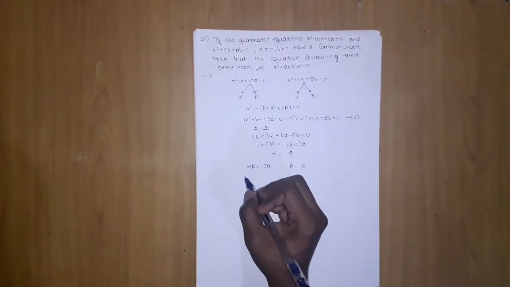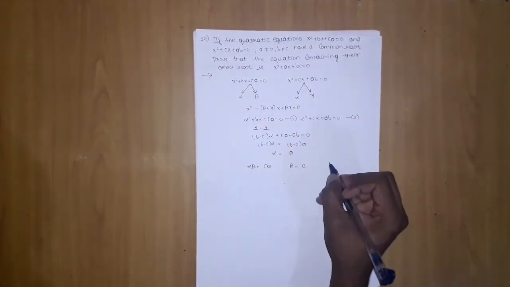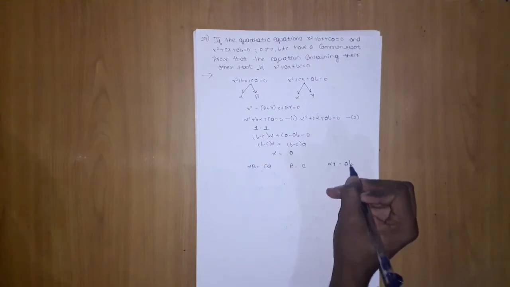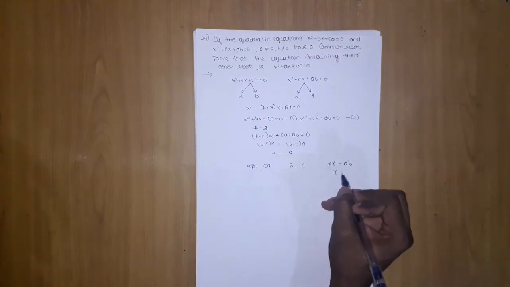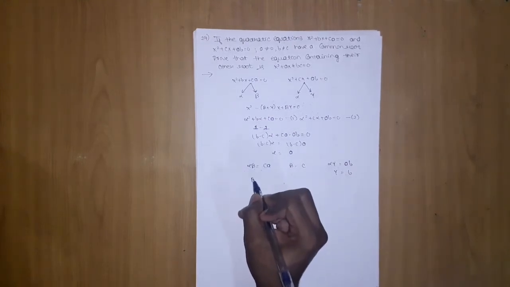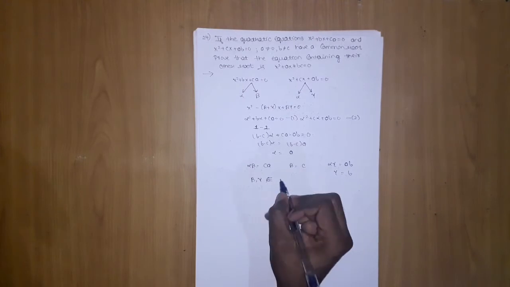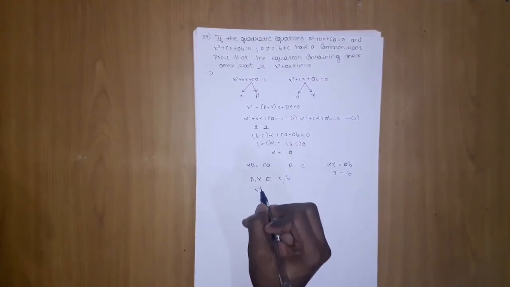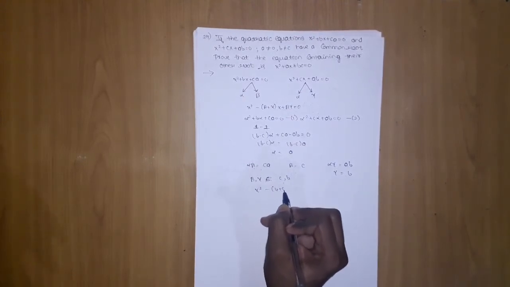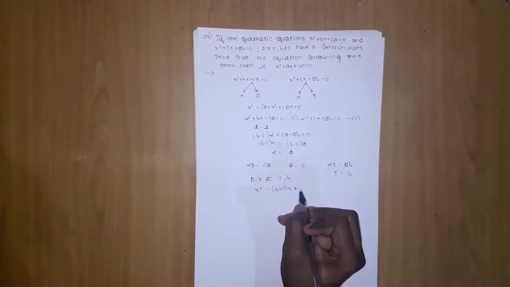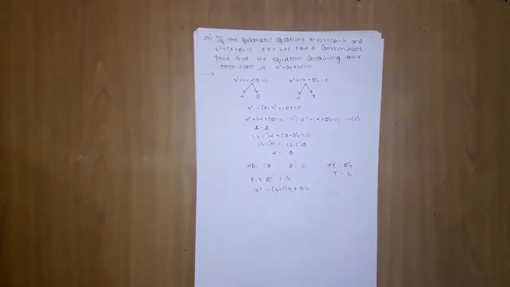Here, this a will cancel out. Similarly in this equation, alpha into gamma will be ab, so when we put it, we will get gamma as b. Okay, so we got beta comma gamma as c comma b. Now the equation which will be formed will be b plus c x plus bc. But when you see what they're telling, the equation will be formed which will be x square plus ax plus bc.